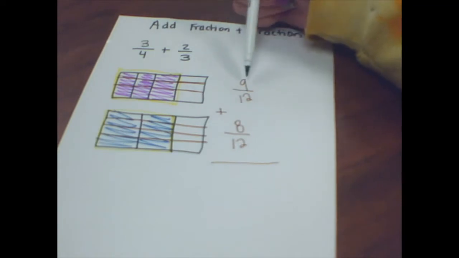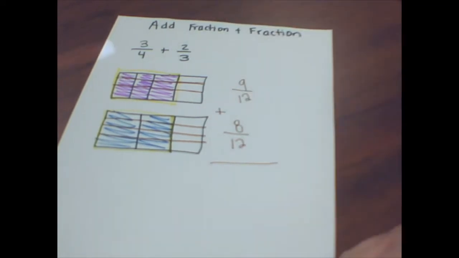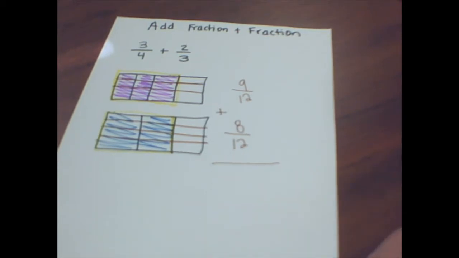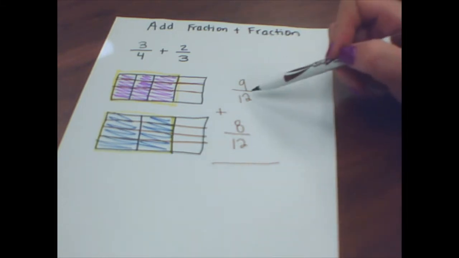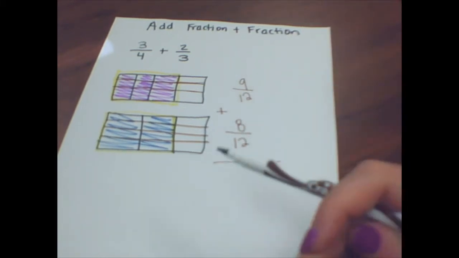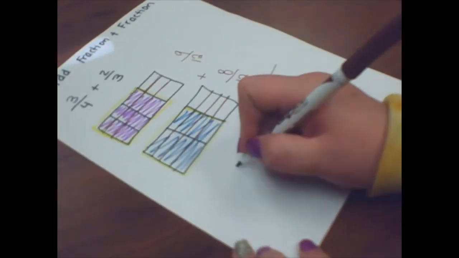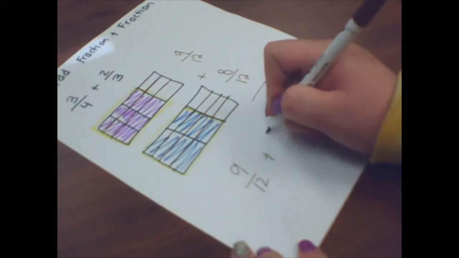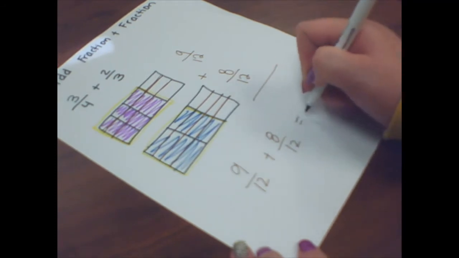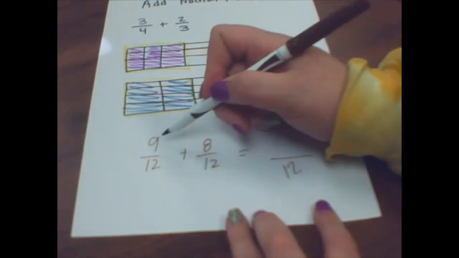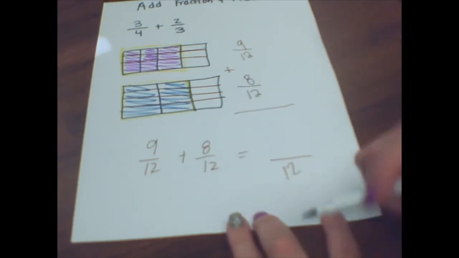So that 3/4 turned into 9/12, and that 2/3 turned into 8/12. Remember what I said, the denominator has to be the same when adding fractions. Are my denominators now the same? Yes, they are. So once I add these, 9/12 plus 8/12, my denominator stays the same, and 9 plus 8 is equal to